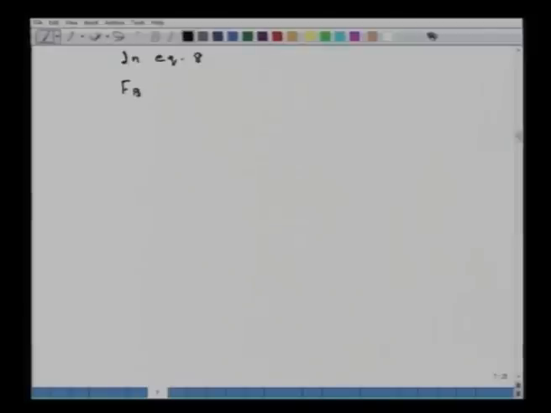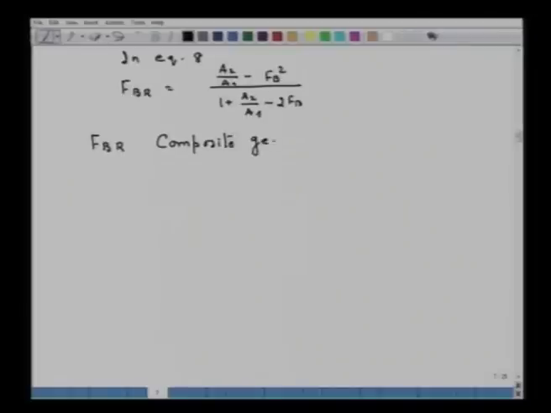FBR is equal to (A2 upon A1 minus FB square) upon (1 plus A2 upon A1 minus 2FB), and this is called FBR, a composite geometrical factor